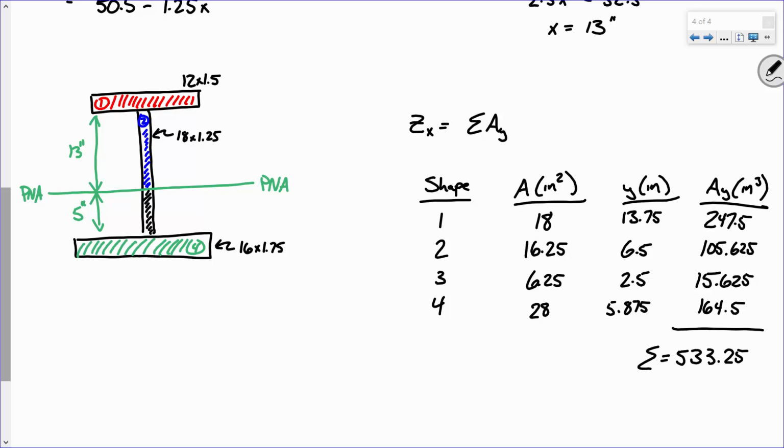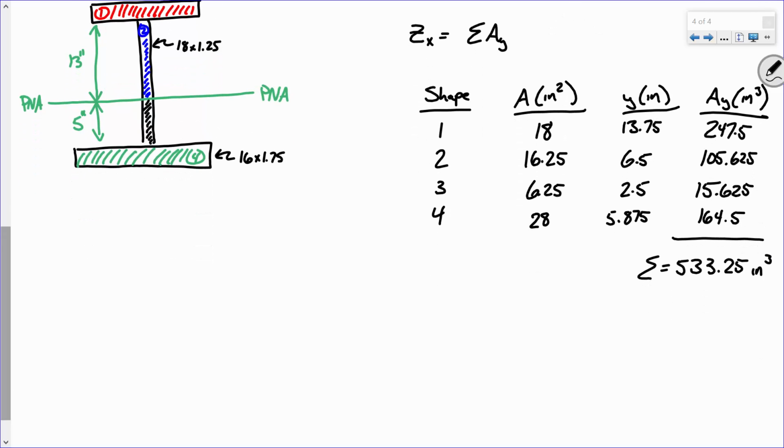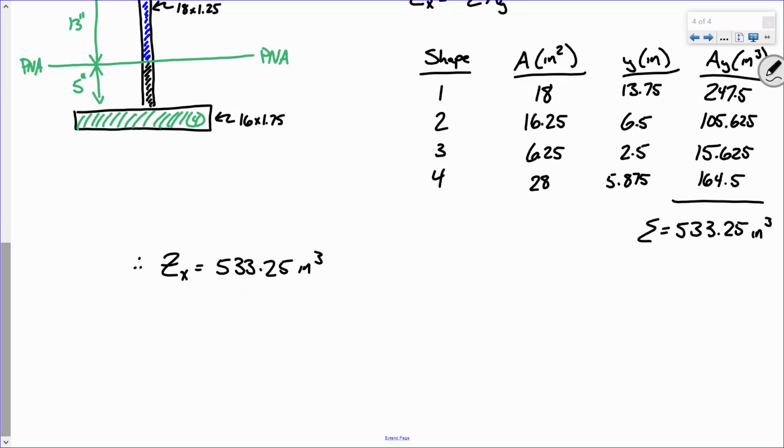Is that what everybody else is getting? Okay, all right. And the units on that are cubic inches. Okay? So I propose that ZX is 533.25 cubic inches. Okay? Now that's ZX, so if I want to get MP,